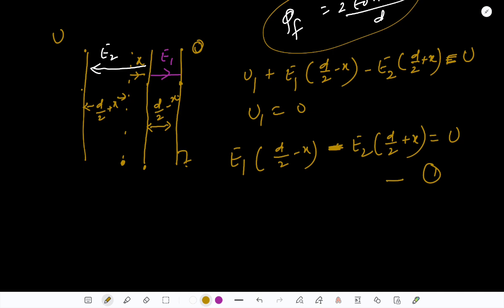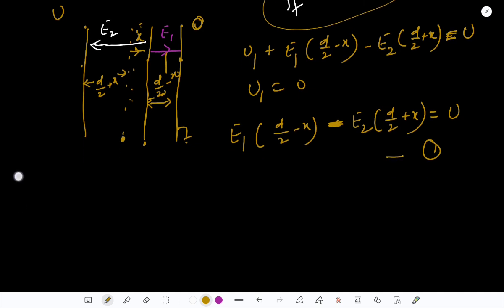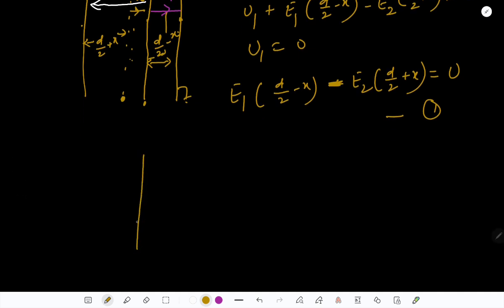So we can use the Gauss's theorem here, considering this whole surface, around the metal plate, the whole metal foil,